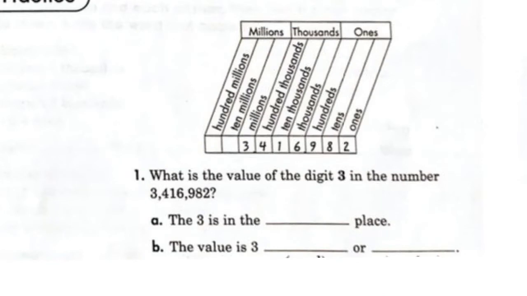On your guided notes, you are going to fill in these blanks as we go through them. It says, what is the value of the digit 3 in the number? Now, here's the 3. If we follow it up, it is in the millions. So we are going to write millions place. The value is 3 million